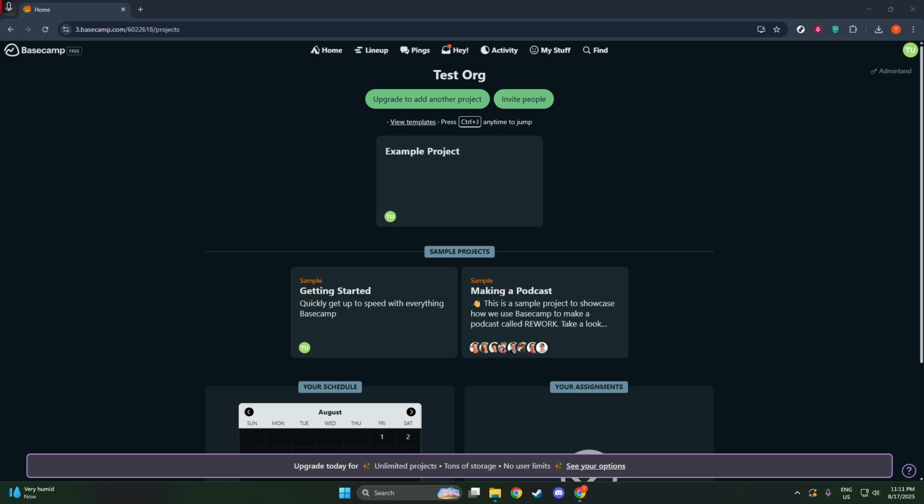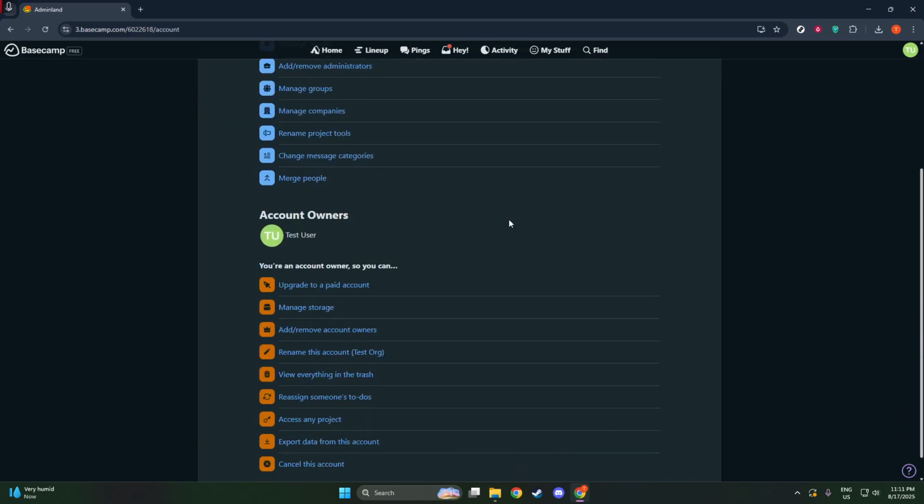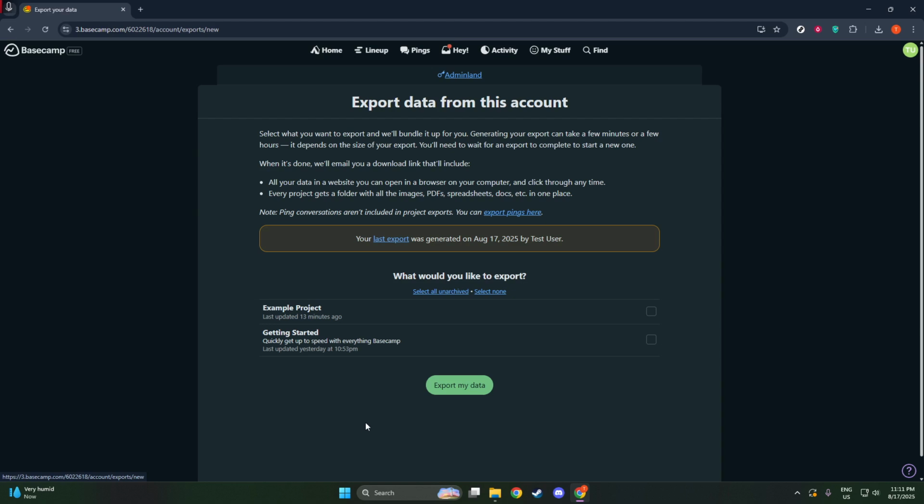First, you'll want to head over to your Basecamp dashboard. From here, look towards the top right corner of your screen. You should see your avatar. Go ahead and click on it. This will bring up a menu, and from there, you'll need to select the option labeled Admin Land. Admin Land is essentially the control center of your Basecamp account, where you can manage various administrative tasks, including exporting